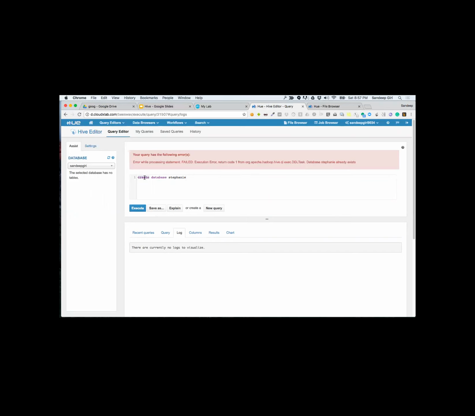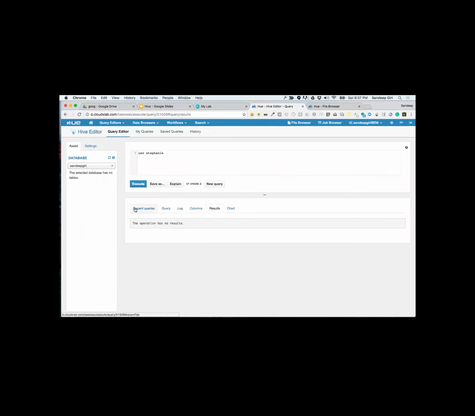If I say use, okay, you can use this also. This is a bug. Interesting that we found it. Mishra, can you also try the same thing?